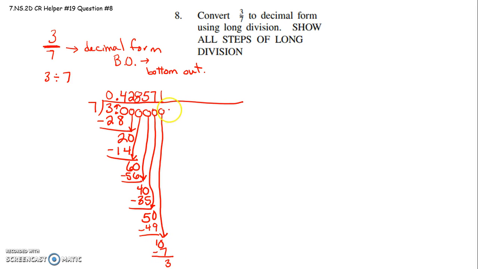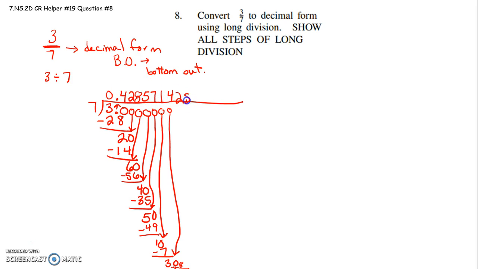I finally am getting a repeat. Drag down the 0. How many times does 7 go into 30? 7 goes into 30 4 times. 4 times 7 is 28. And now it would just keep repeating. 30 minus 28 would be 2, and I'd drag down a 0 and 7 would go into 20 twice. So now I know my actual decimal will be